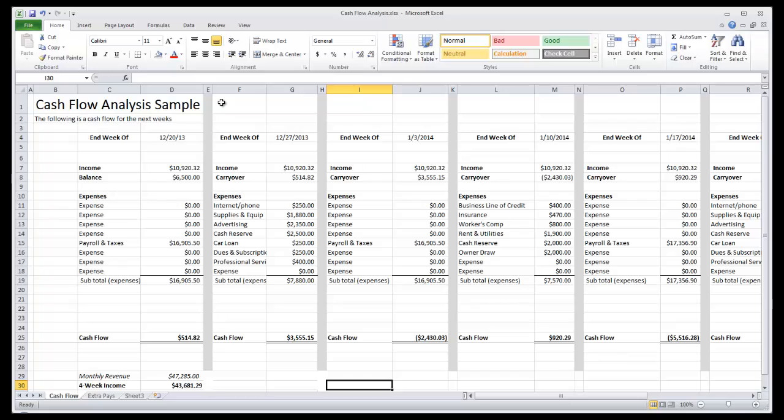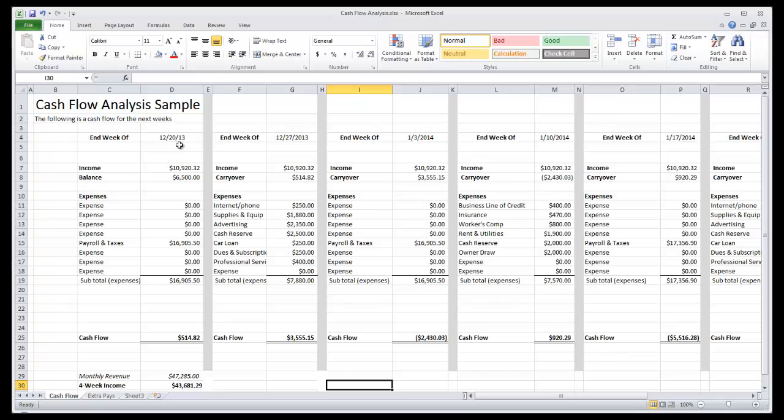Okay, so now we've talked a lot about why we might want to use the cash flow analysis calculator. I'm going to show you how to use the cash flow analysis calculator and what parts are important. First, let's describe what we're looking at. We can see right here that we have a starting week. And actually, it says on here, ending of week would be